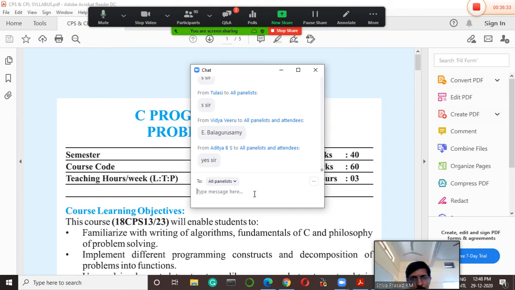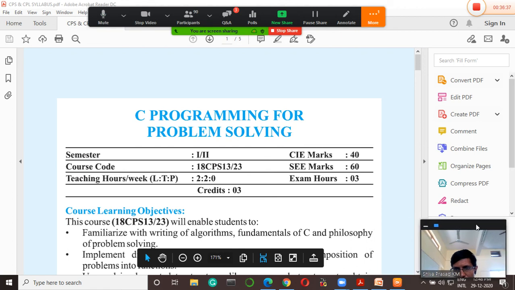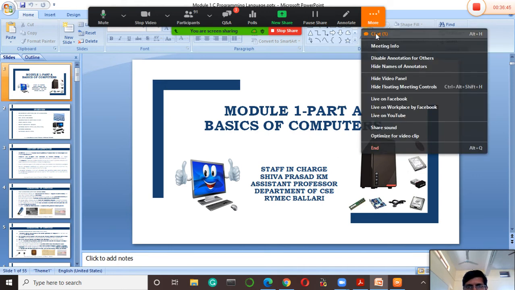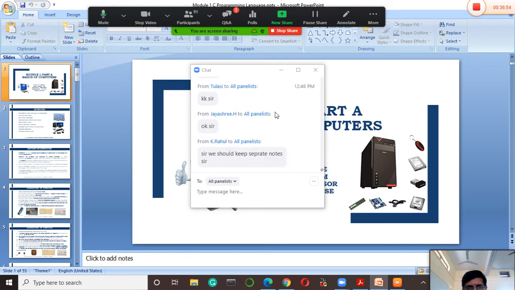Okay. So from the next class onwards, I will be starting with the first module, which is nothing but basics of computer and introduction to C language. Basics of computer and introduction to C language, which I will be discussing with you in the next upcoming class. I think tomorrow we have class, right? So from tomorrow onwards, I will directly start off with the subject. If you have any doubts regarding this particular subject, you can sort it out now itself if you are in need of it.